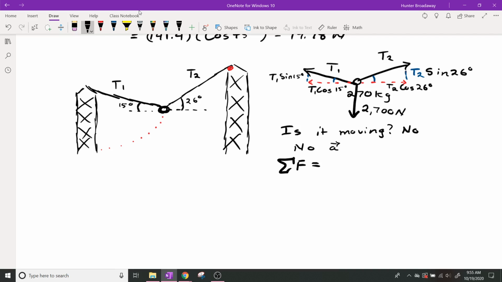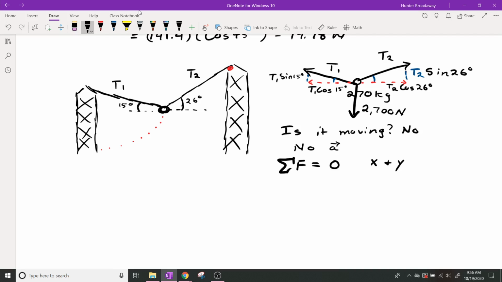I heard the right answer. 0, right? Because they're not moving one direction or the other. And 0 is equal to the mass of the system times the acceleration. It just happens to be that the acceleration is 0. So the sum of the forces is 0 in this case. It's 0 in the x direction and in the y direction. So we have to keep that in mind. It's x and y. So the y direction overall is downward 2,700 newtons. The y direction overall is 0.